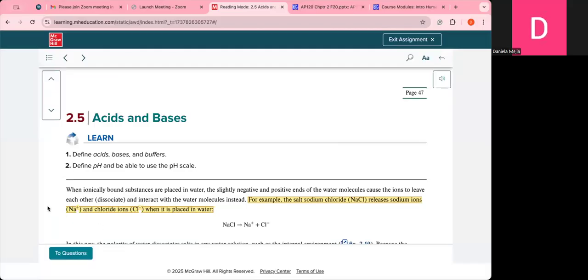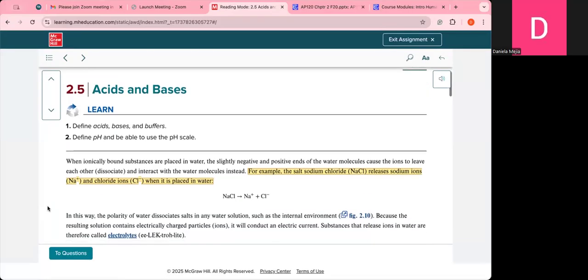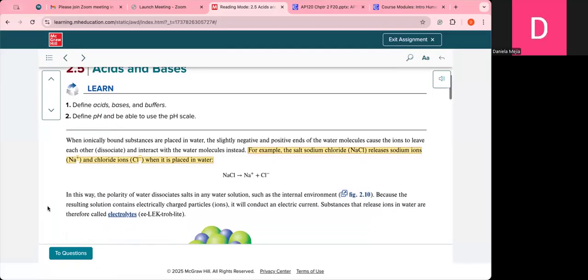When ionically bonded substances are placed in water, the slightly negative and positive ends of the water molecules cause the ions to leave each other and dissociate. For example, the salt sodium chloride releases sodium ions and chloride ions when it is placed in water. In this way, the polarity of water dissociates salts such as the internal environment. Okay, so these are electrolytes. We need to